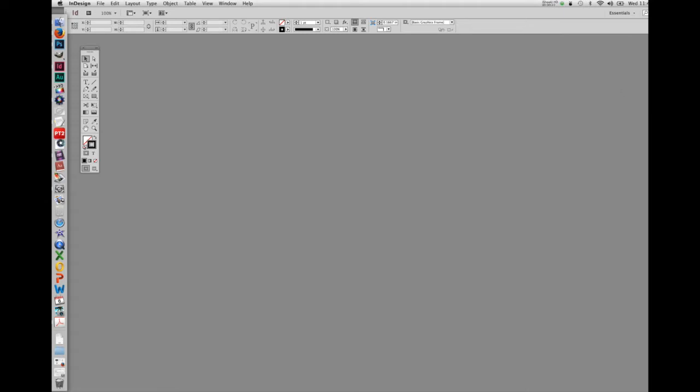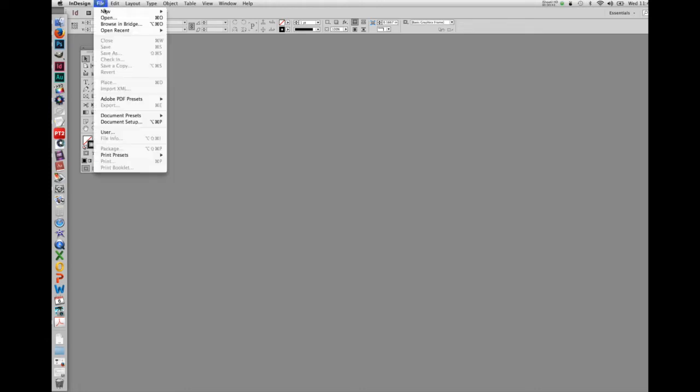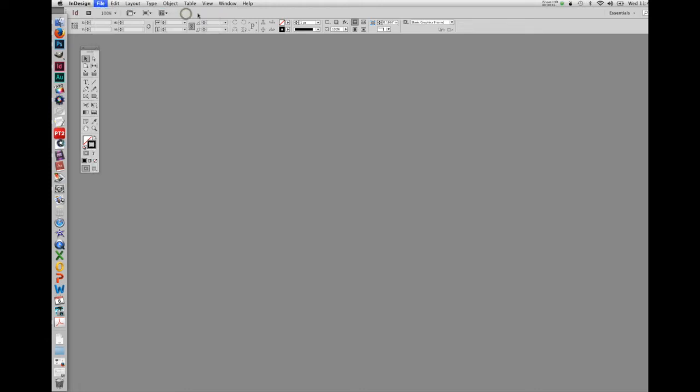good starting point is the New Document dialog box. I've already opened the program here, as you can see, by clicking on the icon in the dock, and it brings up a workspace that, without any file open, contains an applications menu across the top, an options menu, and a toolbar. To open a new document dialog box, you go up to File, New, and Document, and it opens